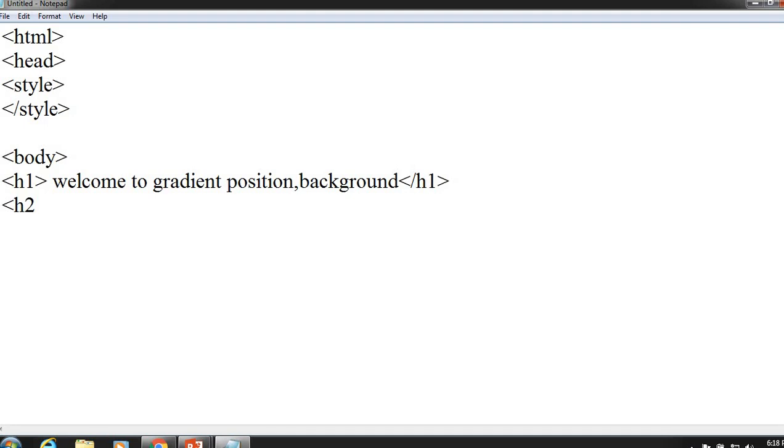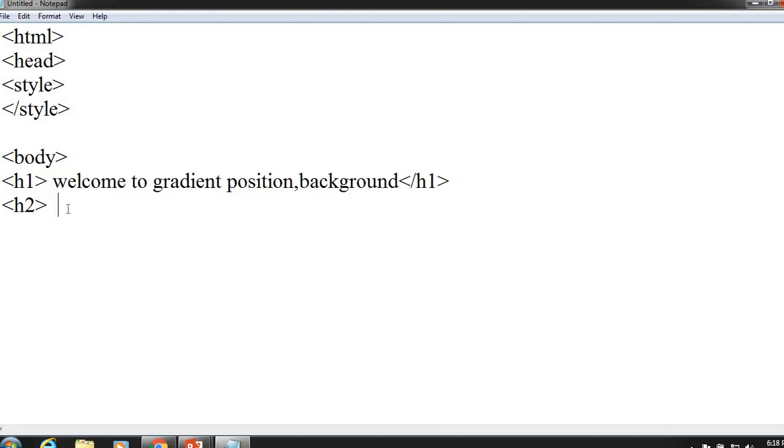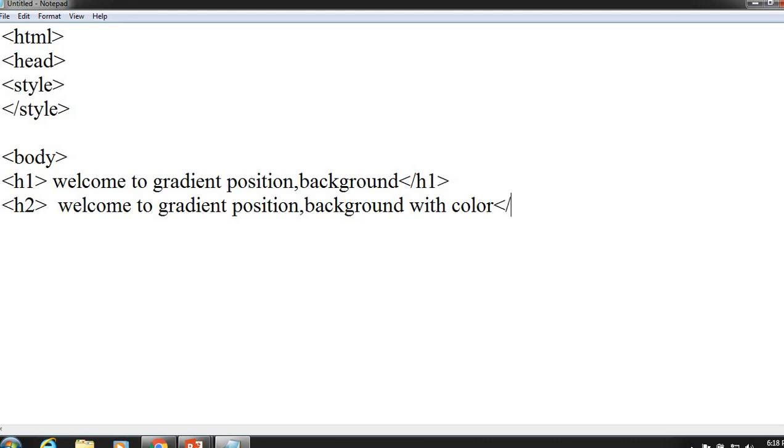So H2, I will add any kind of text just for reference. So these gradient units are based on the viewport dimensions.